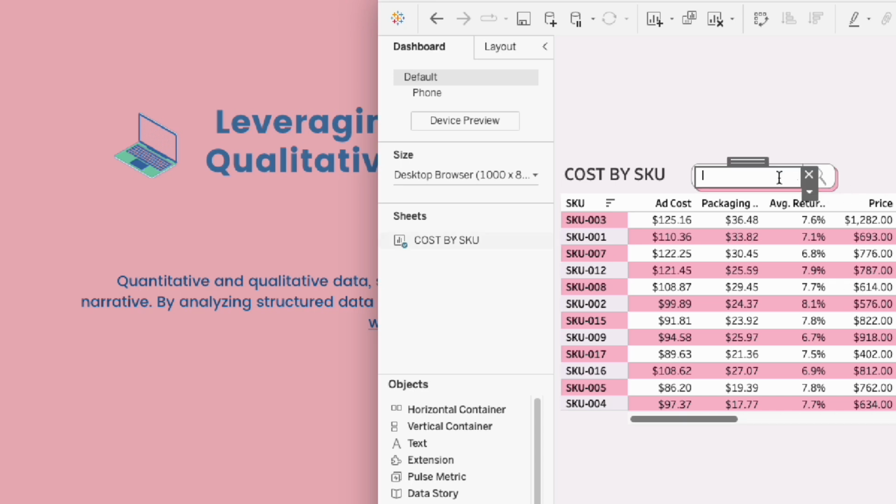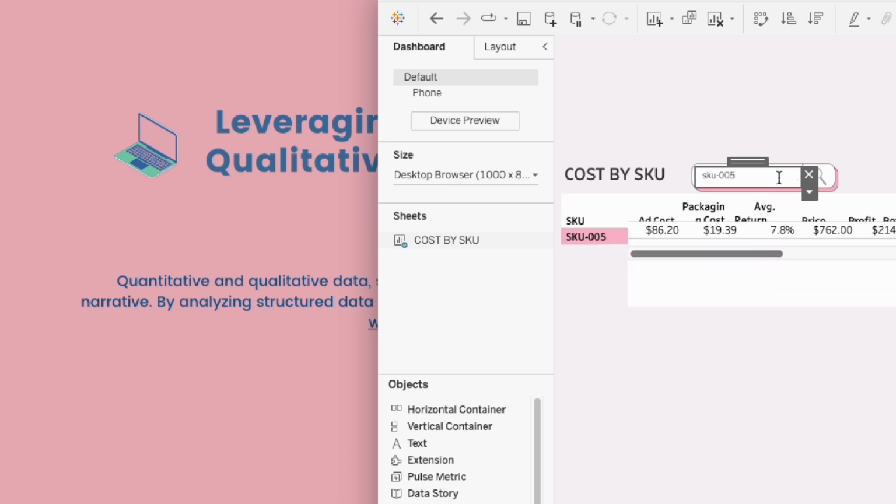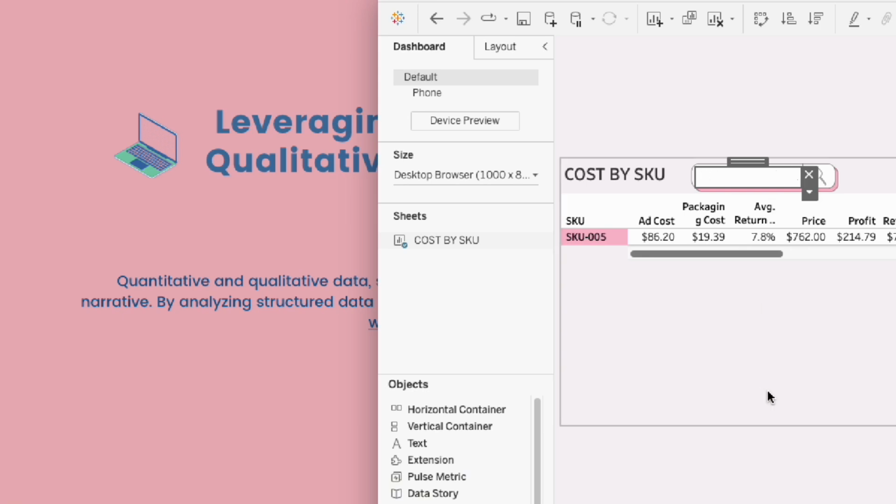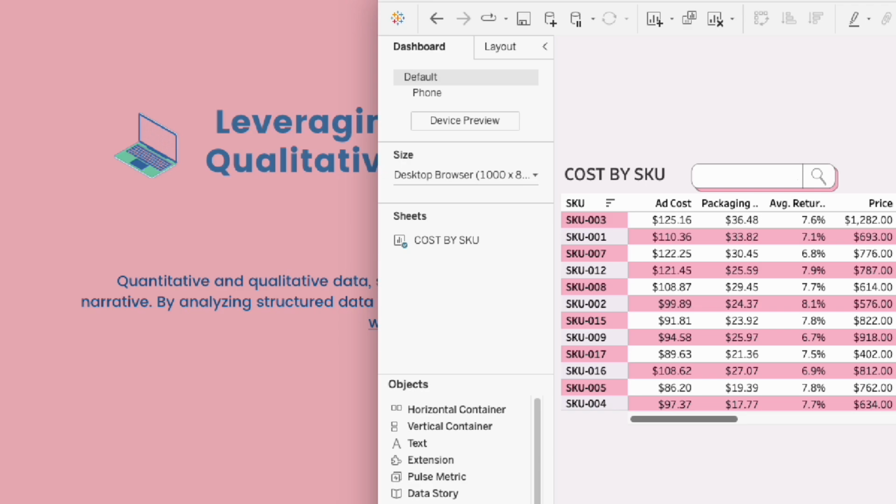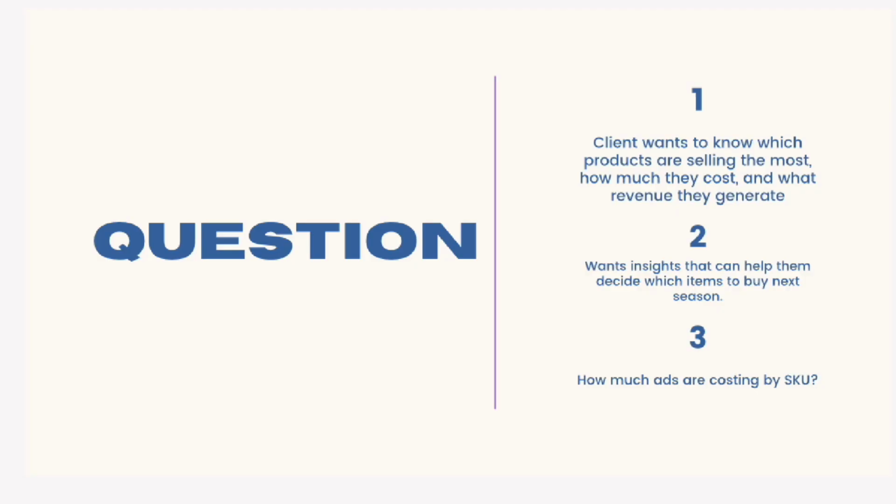I used Tableau to create this, and it basically allows the person using the dashboard to look up by SKU the profit, revenue, prices, and the return rate on that particular product, especially if you're selling on marketplaces like Amazon. So I always say to look at the data and the information just to give you a good overview of what you're working with. And then the next step, of course, is to